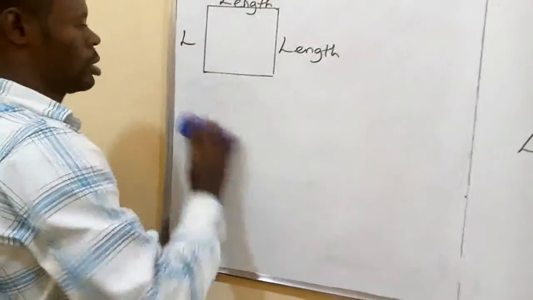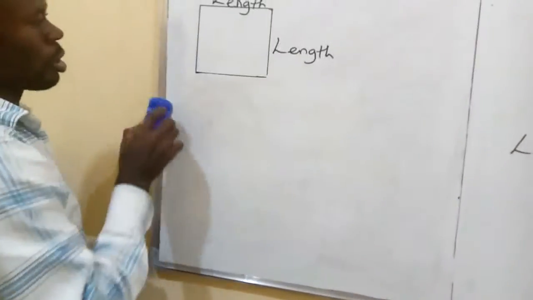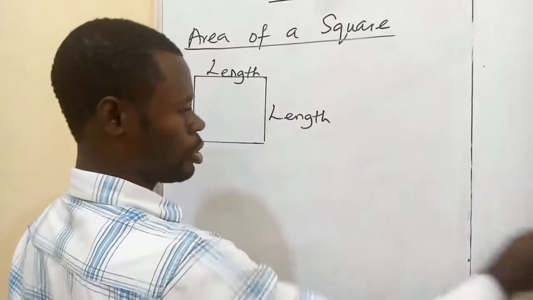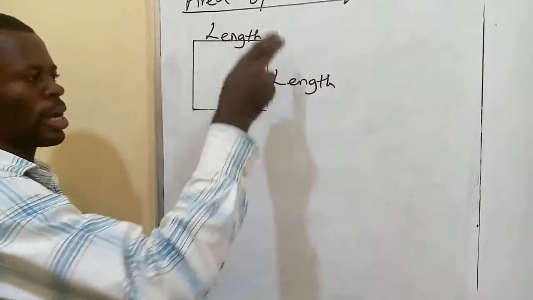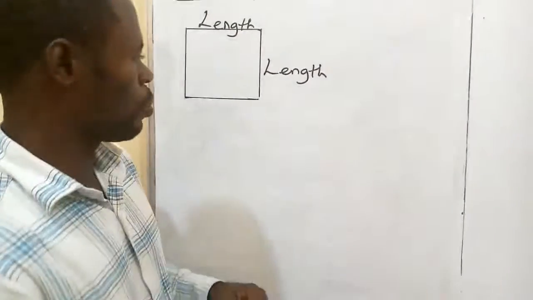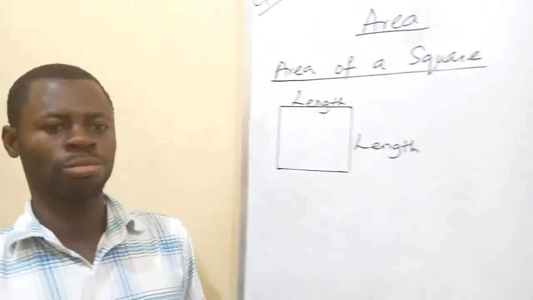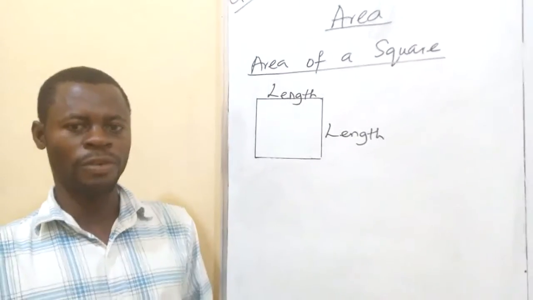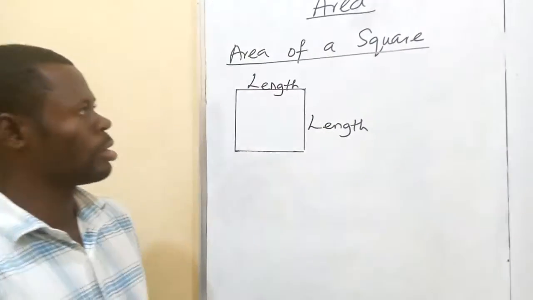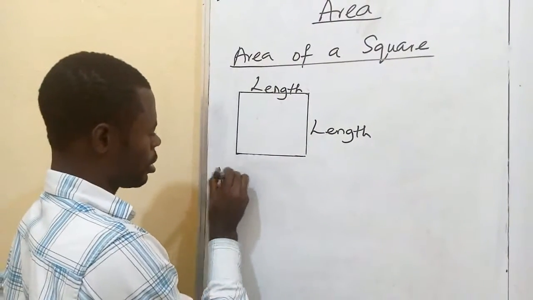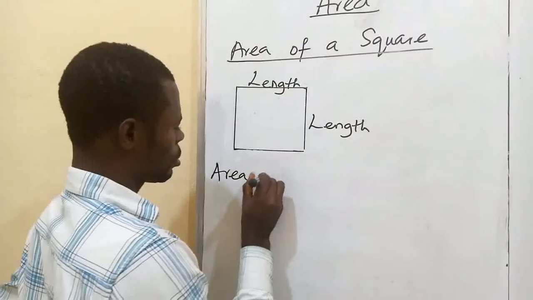Alright, since we will need just two of the lengths in our calculation, we are going to make use of this other side and this other one. Alright, so the next thing we are going to do is to look at the formula for calculating the area of a square. So we say area of